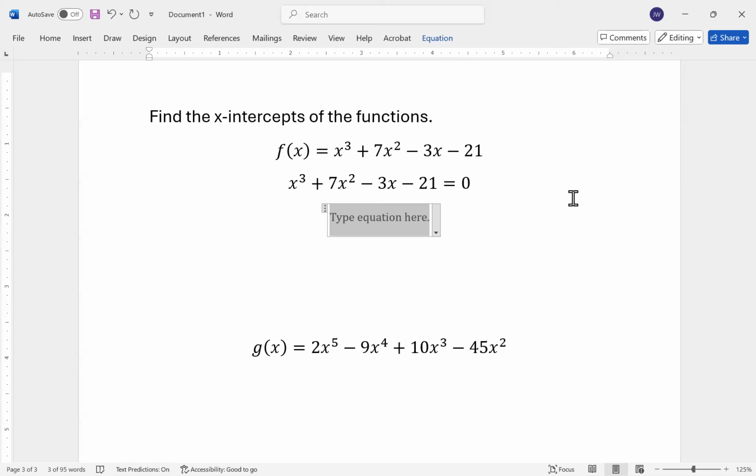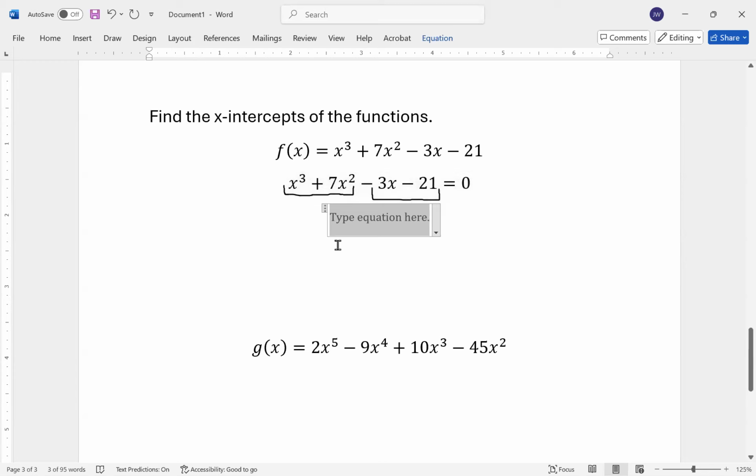Now, here's the trick in this case. What I do is, sometimes I can pair the first two terms and the second two terms. This is not always the case. And if I compare the first two terms and the second two terms, and then also factor out the greatest